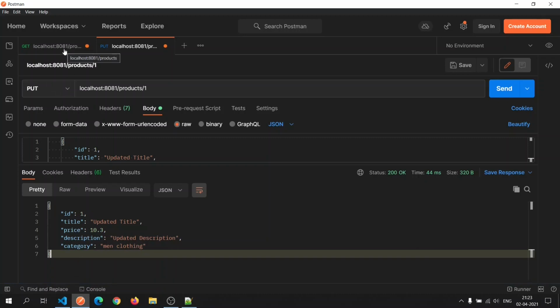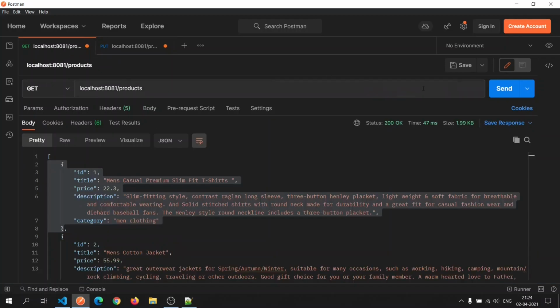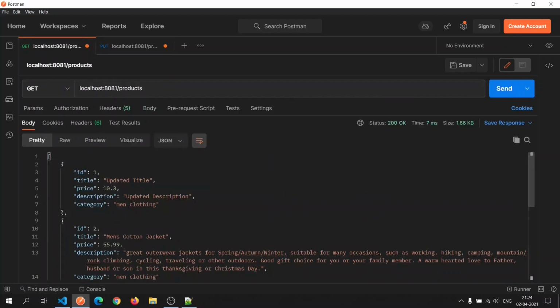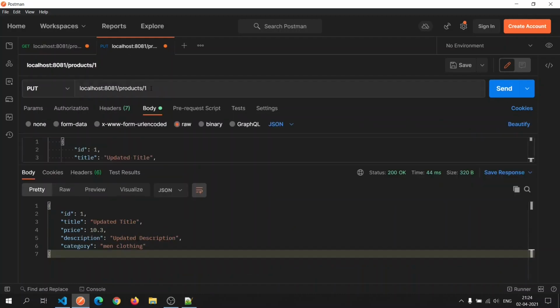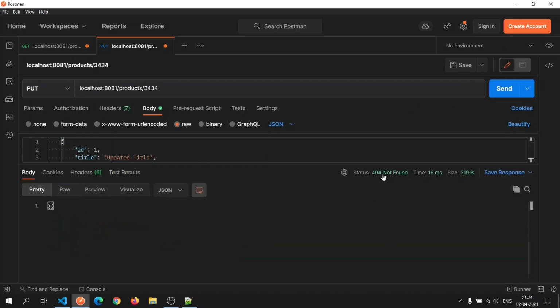To recheck whether it is all correct, we will again make a get API call, and as we see now, for the product having ID 1, we are getting the updated details. We will also verify the behavior if we pass a product ID which doesn't exist. If you make this API call, as you see, the status that is returned is 404 not found, and we